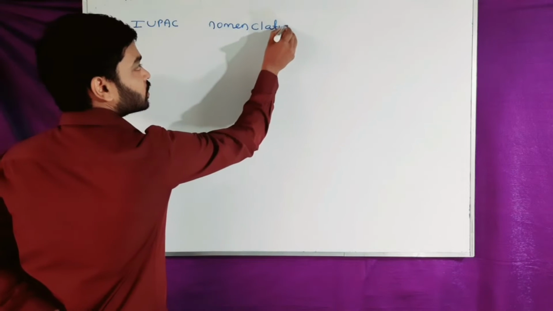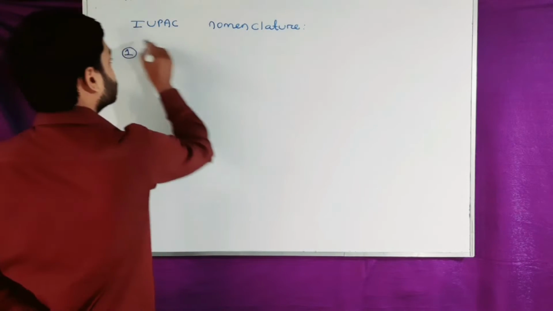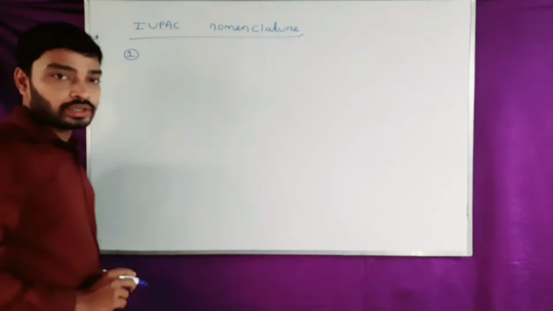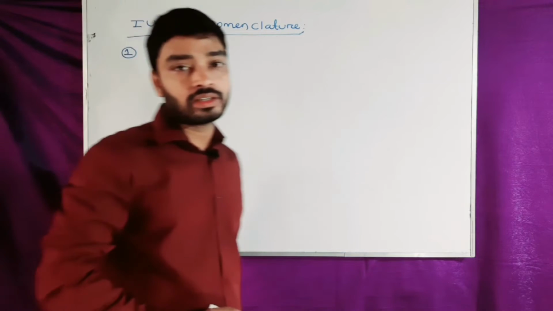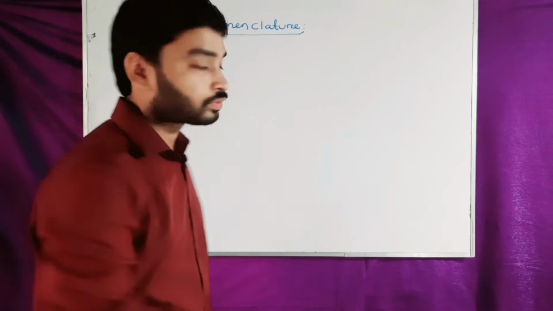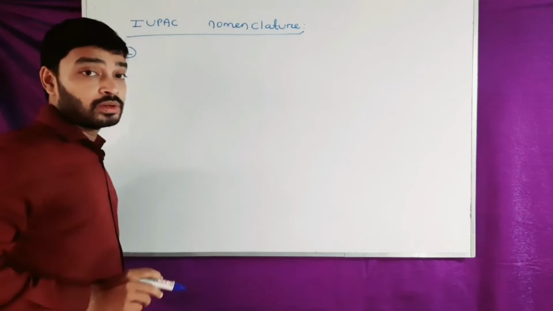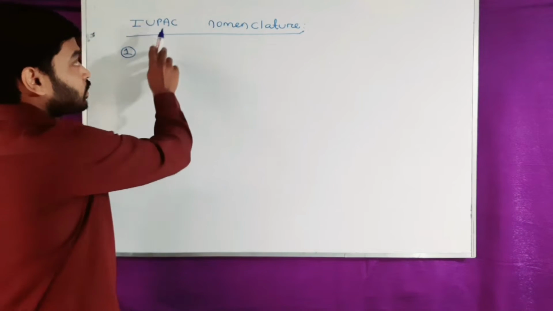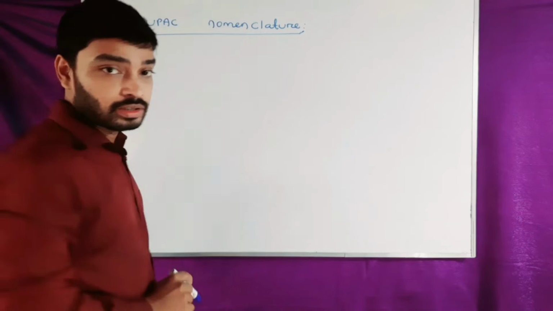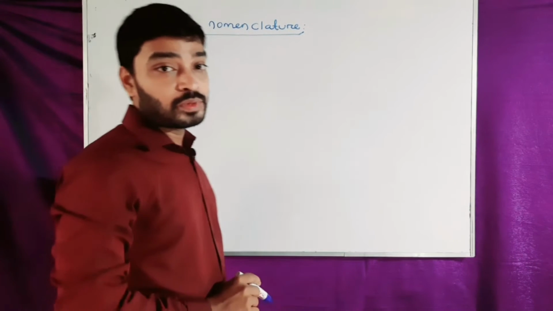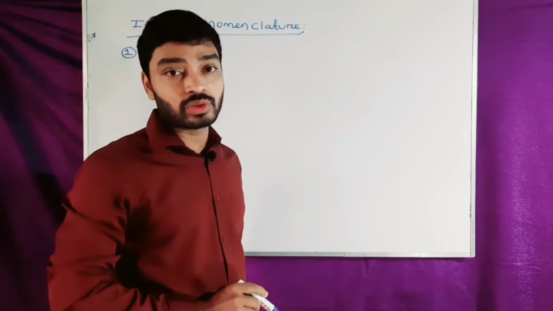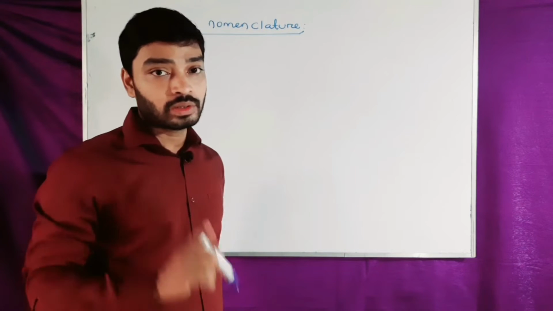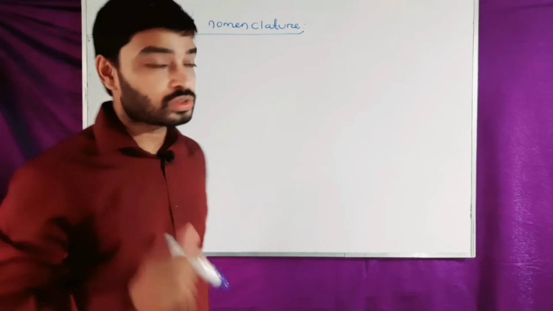You know that I stands for international, U stands for union, P stands for pure, and applied chemistry stands for applied, and C stands for chemistry. So IUPAC nomenclature has different rules, and we are going to practice questions from the first rule, and the rule says that